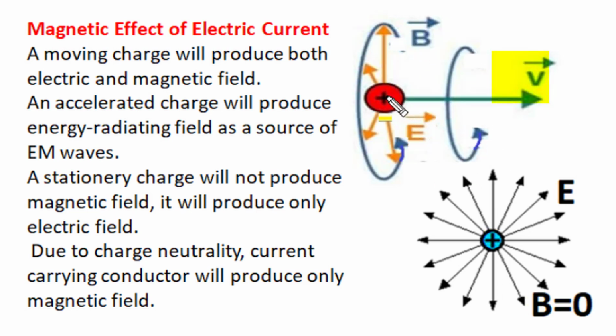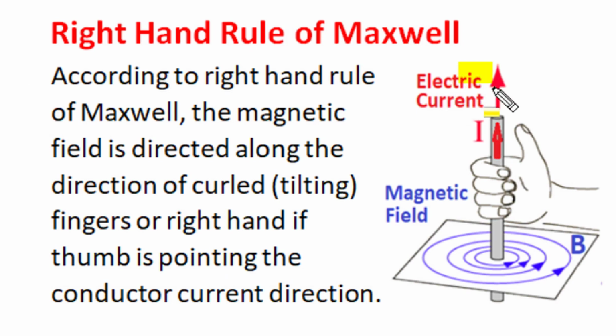Whereas a moving charge produces both an electric field and a magnetic field, and if the charge motion is accelerated or decelerated, it becomes a source of energy radiation field or electromagnetic waves. So Oersted discovered that a straight current carrying conductor produces around it a magnetic field in the form of concentric circles, and the direction of this magnetic field, whether these concentric circles are clockwise or anti-clockwise, is given by the right hand rule of Maxwell. According to Maxwell's right hand rule, if a conductor is gripped in the right hand with the thumb pointing in the direction of current, then the curl or tilting direction of the fingers of the right hand represents